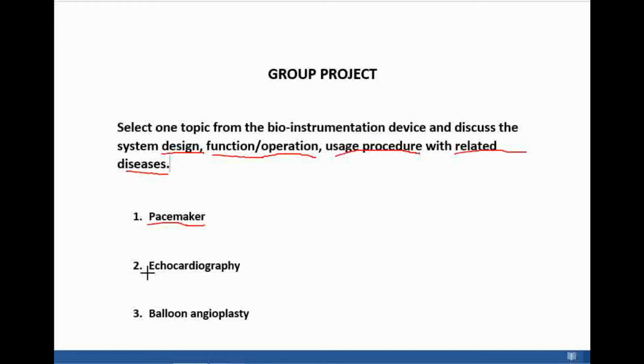Second is echocardiography. So why do people use echocardiography? This is also to do with the heart. So you have to explore the system, which has to do with the sound of the human heart. Okay, and then